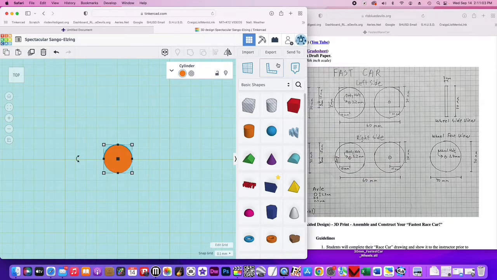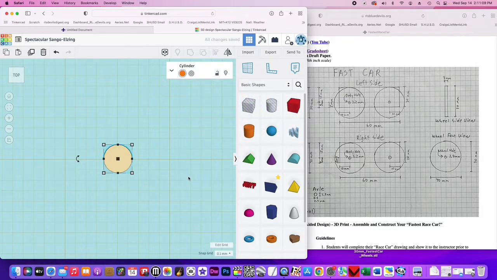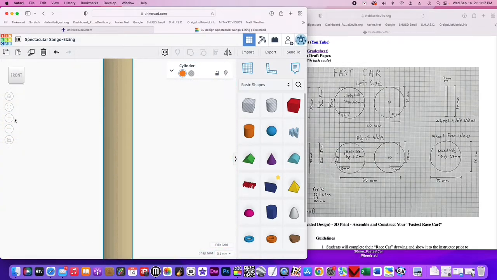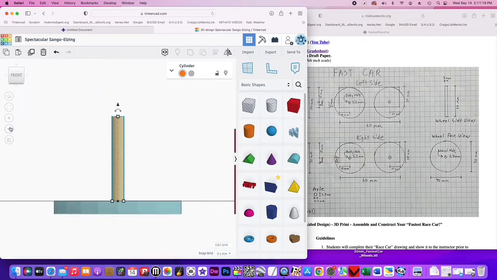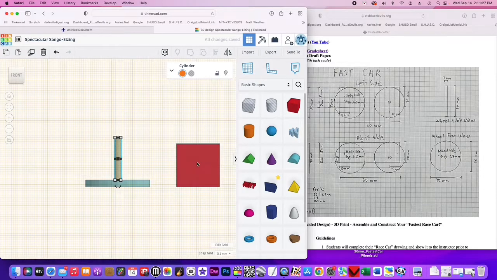And now I'm going to go ahead and change the color. See if that helps me. How about this color here? And it can't see anything, so my guess is that it's really thick. So I'm going to go sideways. Ooh, it is. Look how thick that is. I'm going to back out so I can reset the plane on that square, because you can't set it on a curved edge. So I'm going to get a plane, I'm going to reset it on the square, and now I'm going to take,